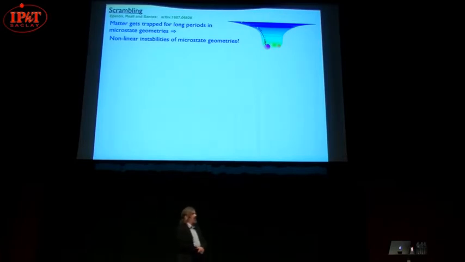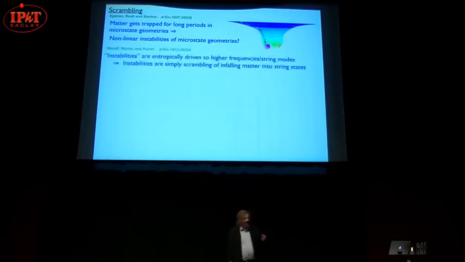So let me just say a couple more words about this. Again, there were some theorems some time ago from Eperon, Reall, and Santos that said, look, matter gets trapped for very long periods of time inside microstate geometries. This leads to nonlinear instabilities. Isn't this bad for microstate geometries? Once again, the death of microstate geometries has been greatly exaggerated. And Andrea Puhm and friends actually describe what's really going on. The instabilities are basically entropically driven to higher and higher frequencies, and the instabilities are simply the scrambling of matter